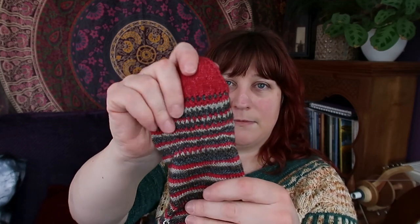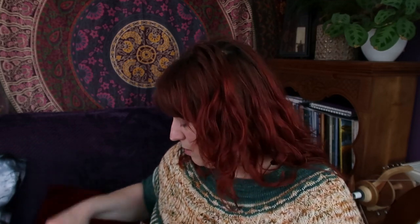Again, my standard toe up, Turkish cast on, I've partridge slip stitch on the ball. The change I made with these is I find I knit looser with a short 9-inch circular than I do magic loop. Until recently I always knit my socks magic loop method, and then I switched to 9-inch circulars, but I found I could get away with it with a commercial sock yarn, a woolly one like West Yorkshire Spinners, but with a thinner indie dyed yarn, which are generally smoother and thinner, my gauge was a lot looser,